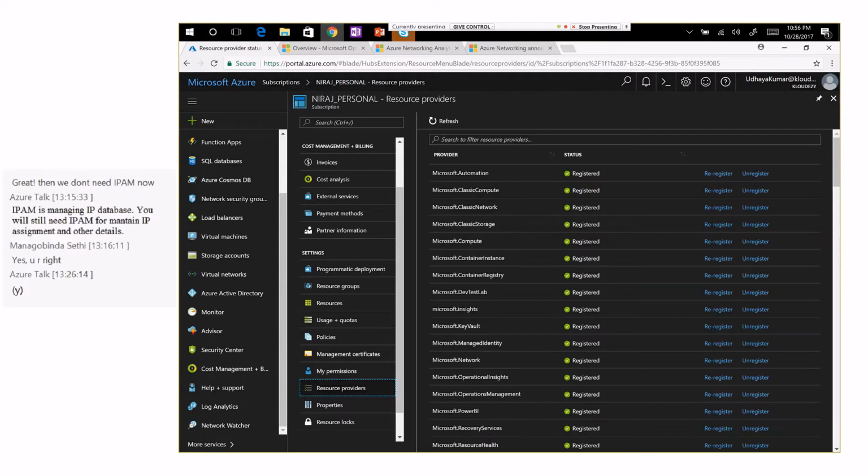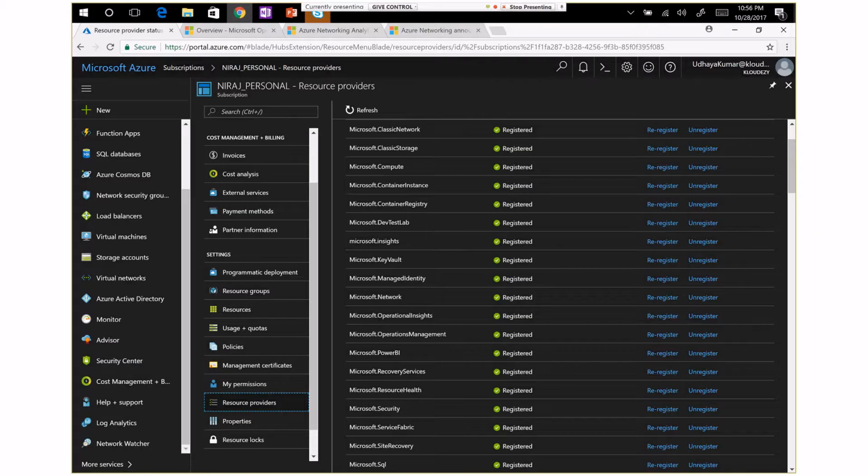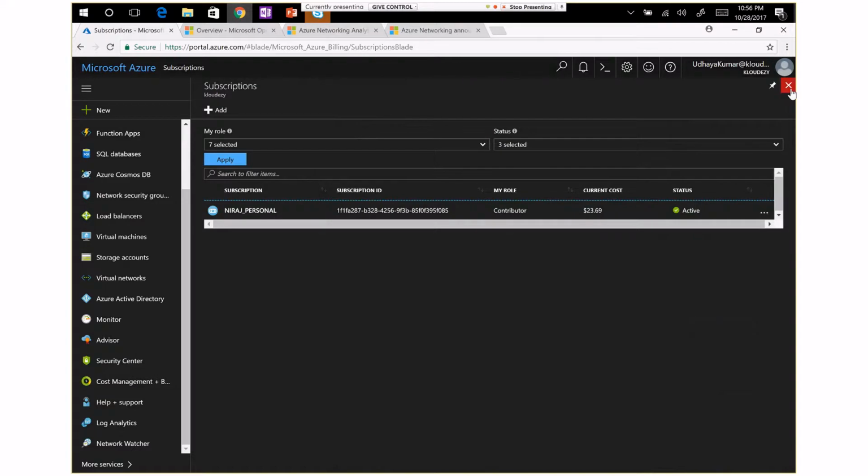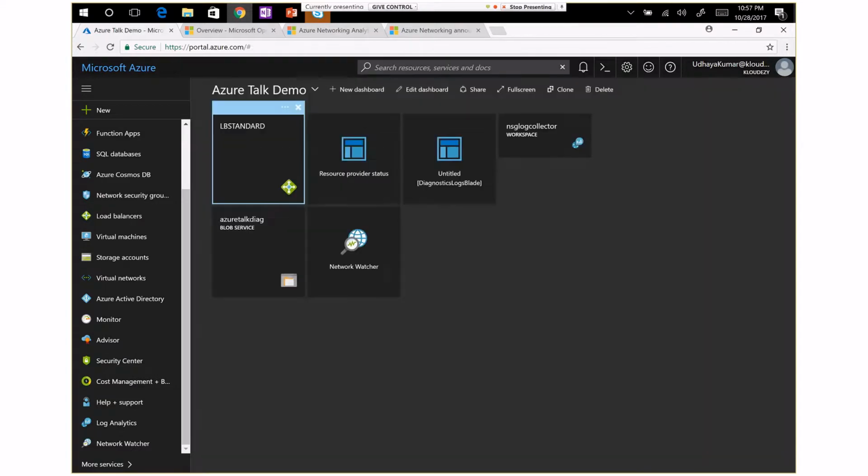So this is what I've talked about. This is the Insights provider. To make it work, you need to register this Insights resource provider to enable the NSG flow log integration. I already did. And we have the NSG flow log integration, which integrates with your OMS